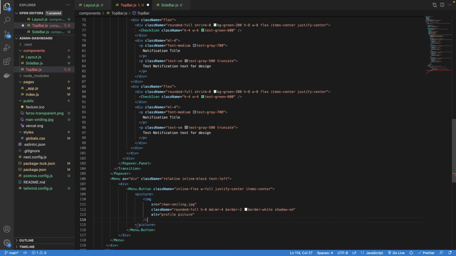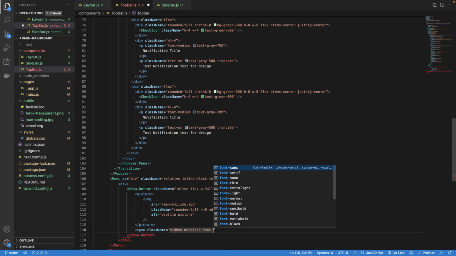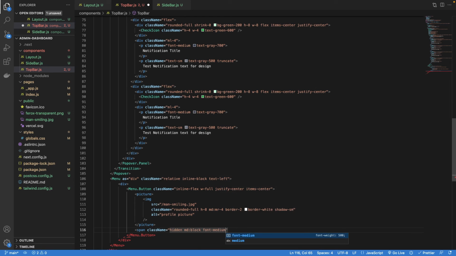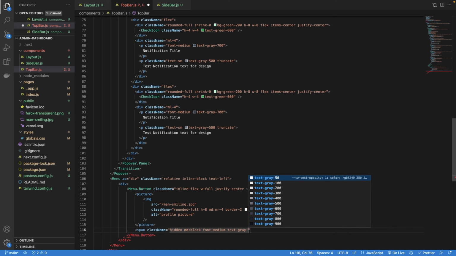And that's going to be self-closing. And below the picture tag, we will do span. Class name is going to be hidden. So this is going to be hidden on mobile devices. But then on desktop, we'll do block to show it again. We'll do font-medium, text-gray-700,